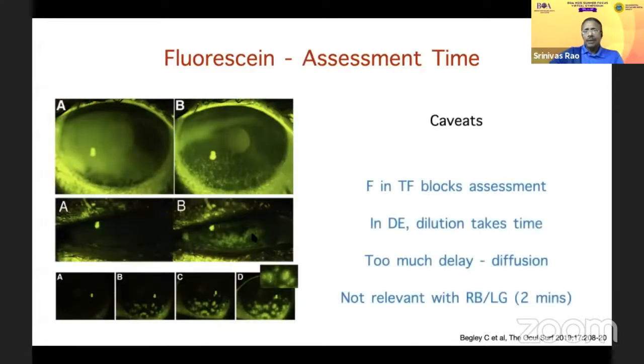The timing at which you look at the fluorescein is also important. Immediately after you put it in, as I said, there is fluorescein in the tear film which blocks the visualization. But in a dry eye, it takes time for the fluorescein to dilute and pick up the staining. So waiting 45 seconds to a minute is ideal. But if you wait 4 minutes or 10 minutes, there's a lot of diffusion in the epithelium and the pattern can get lost. This is not relevant with rose bengal and lissamine green, where you can even look at it